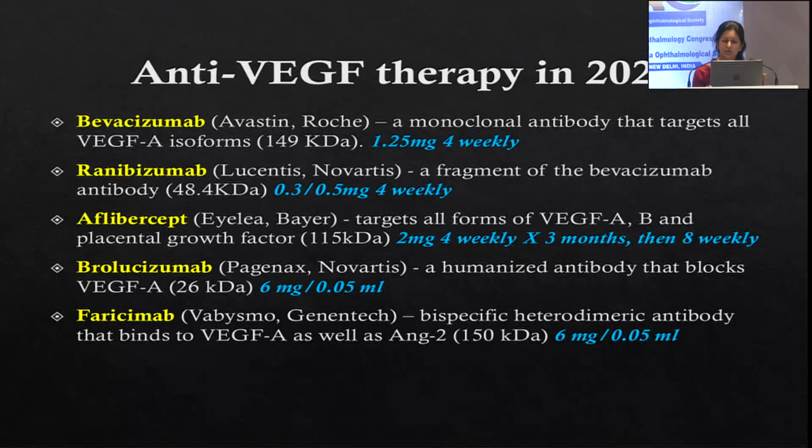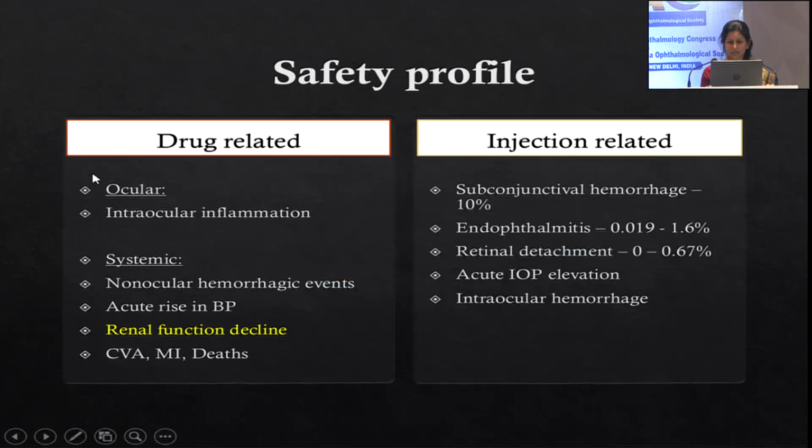So the second part of my talk is anti-VEGF therapy. I'll take the liberty of adding steroids also to the list. In 2025, these are the drugs we have at our disposal. I have not included the biosimilars because there are 6-7 available now, so there is a list all by itself. I think as doctors dealing primarily with cataract, it is basically the first two which are used, and possibly the last three would be more in the armamentarium of retina specialists. So these are the ones which I see being commonly given along with cataract surgery.